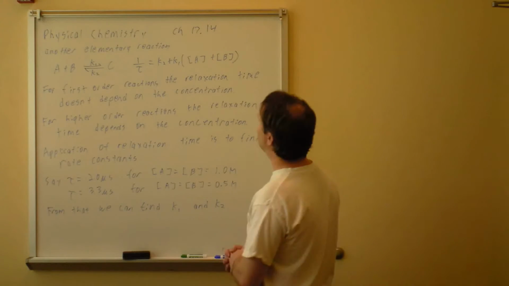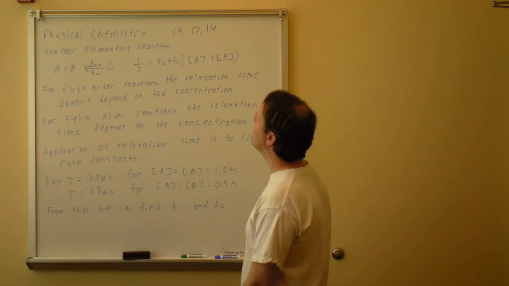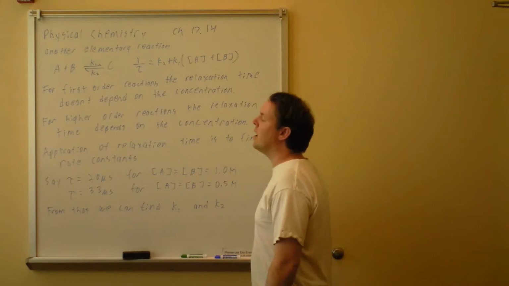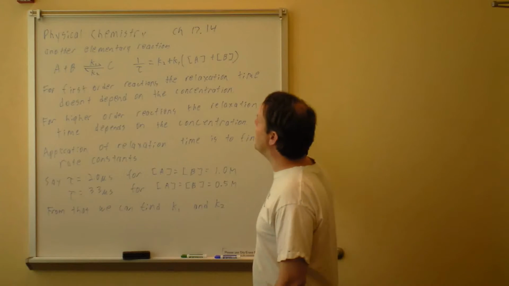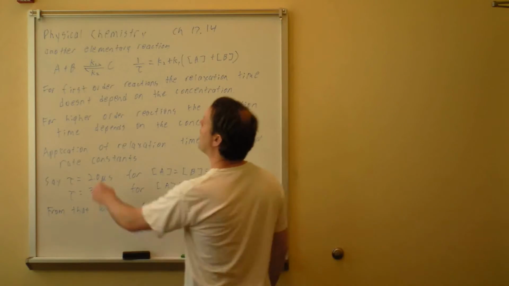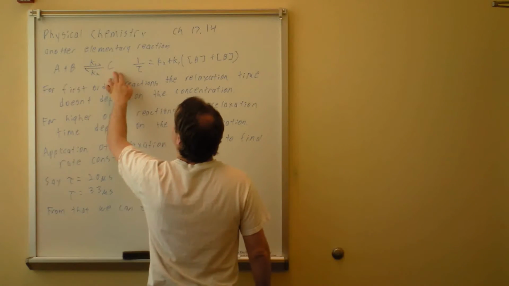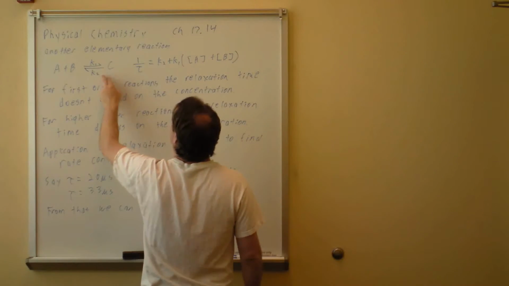Okay, continue on physical chemistry, chapter 17, section 14. So, like I said, that was all for a reaction that was first order. Here's another elementary reaction. Now we have A plus B going to C with forward rate constant K1, reverse rate